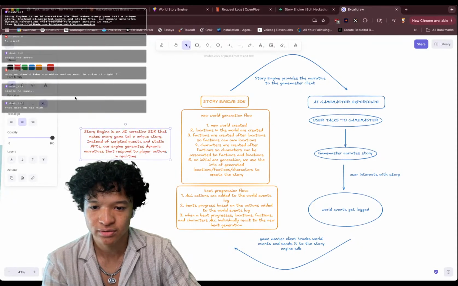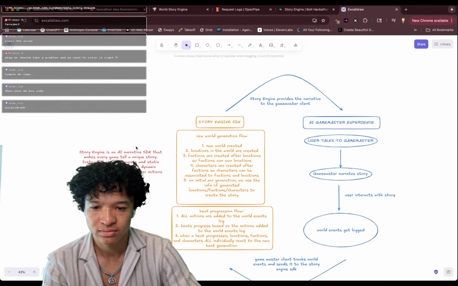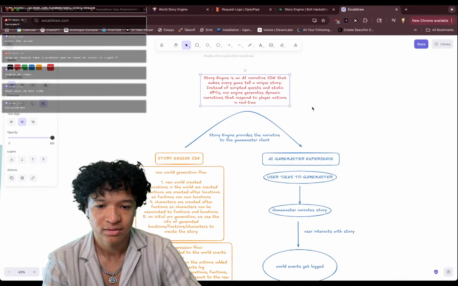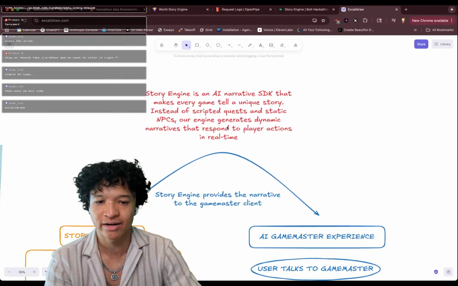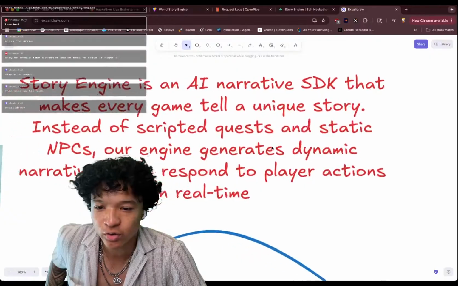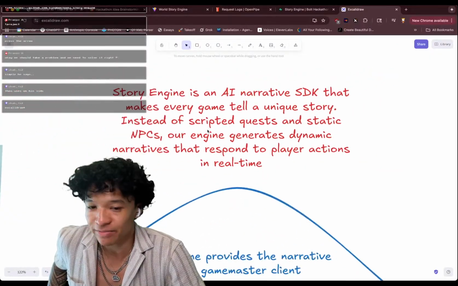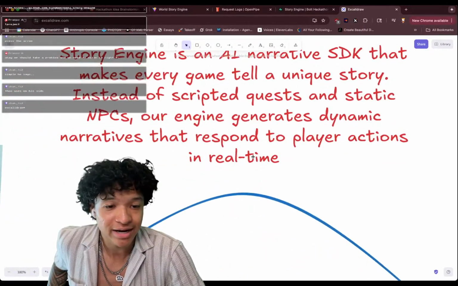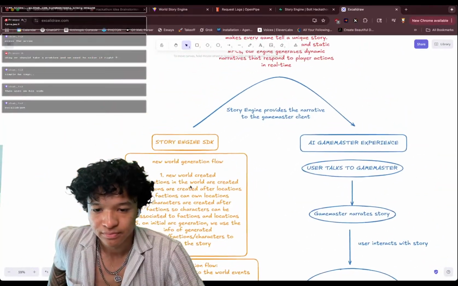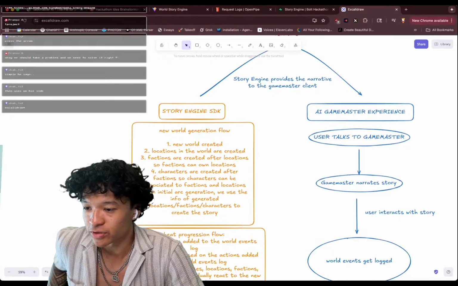What is story engine? So I guess I could add that. Story engine is an AI narrative SDK, a software development kit, that makes every game tell a unique story. Instead of scripted quests and static NPCs, our engine generates dynamic narrative that responds to player actions in real time. Now, when we first generate a new world with the story engine,